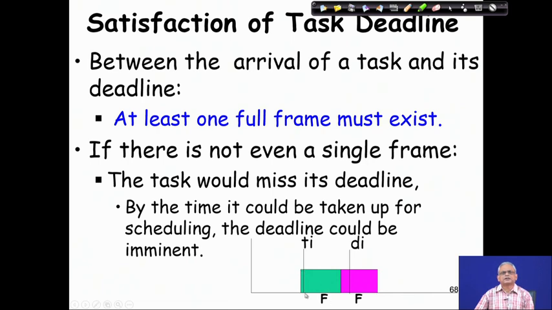Obviously, this frame cannot start execution of this task, because the scheduler activates only at the start of the frame, and if anything whose execution is to be started must be undertaken at this point. So, the execution of the task Ti cannot be started in this frame. The scheduler can only take up its execution in the next frame, but then by that time its deadline is very near. So, the task time may extend beyond the deadline. So, there is a chance that the deadline will get missed,